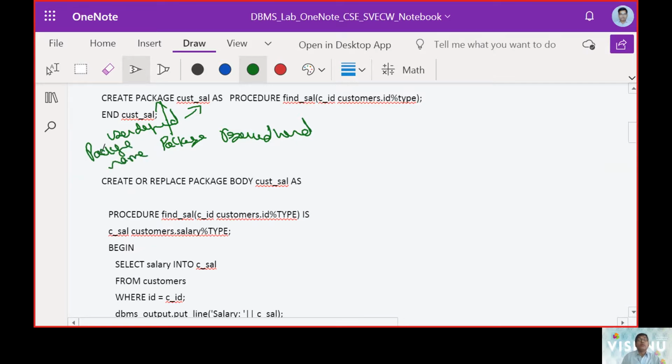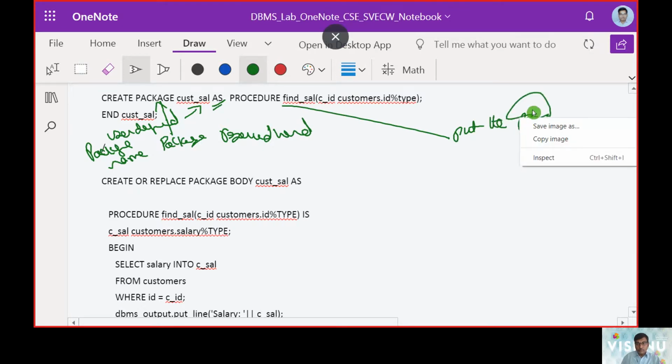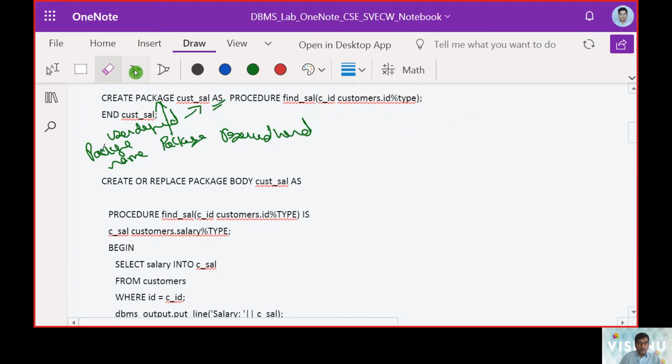Then we will use the reserved word as and put the procedure into the package name.